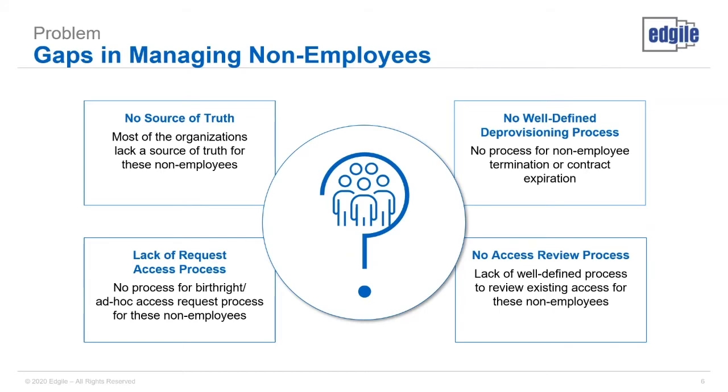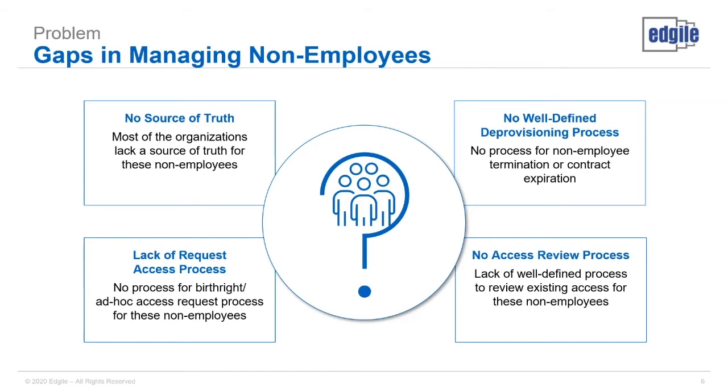We talk a lot about how nice it is to speed up the process of onboarding a person and get them the access that they need. And that's very, very good, and there's a lot of focus on that. But it's really important not to forget about deprovisioning that access when the time's right. So we need all of that data about those people in order to make sure that we know when they go inactive and when that access should be removed. And then also have a tool for automatically removing it, right, deprovisioning it. So right now that's a bit of a gap when it comes to non-employees as well.